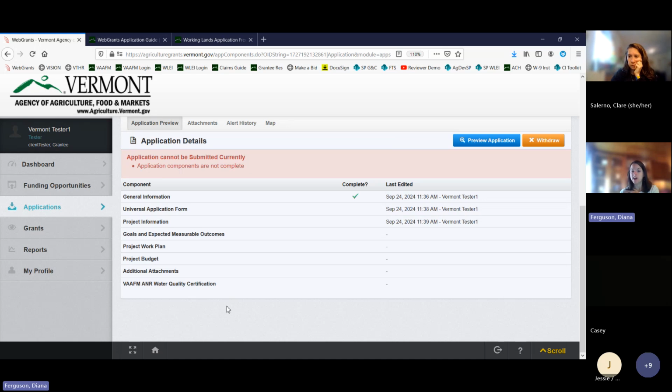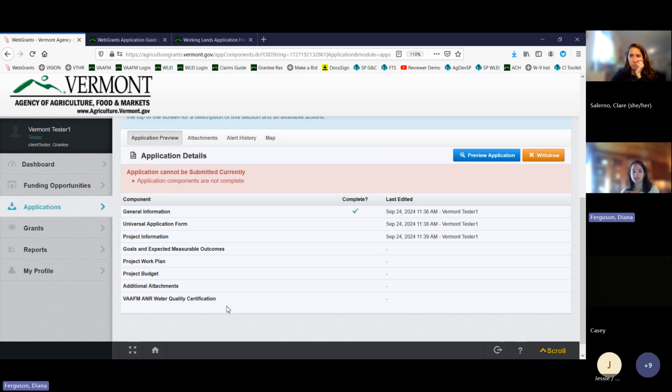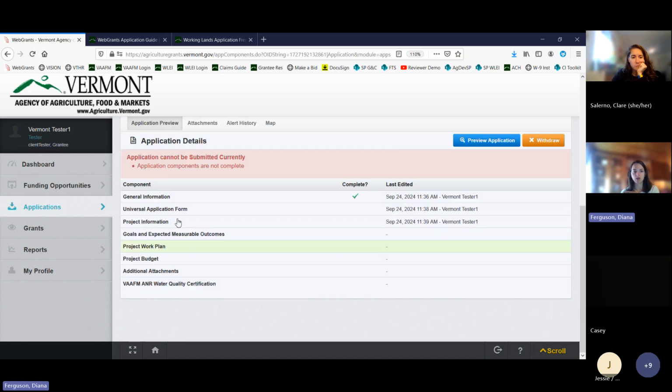So essentially that is the application process. Like I said, I won't go through every form, but I will point out each form is formatted a little bit differently. Some of them are narrative questions, some of them are drop down. These goals, work plan, and budget forms are tables that you complete. They're all a little bit different, and they do have instructions at the top. So if you get stumped, look at the instructions, make sure you're following them.